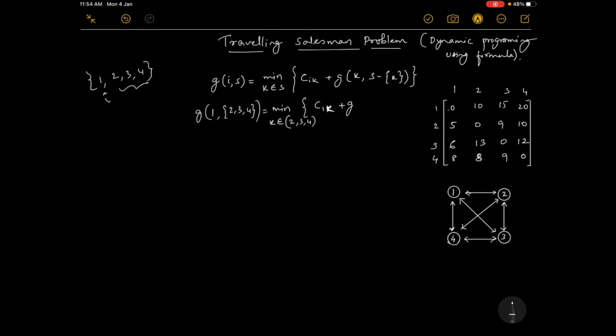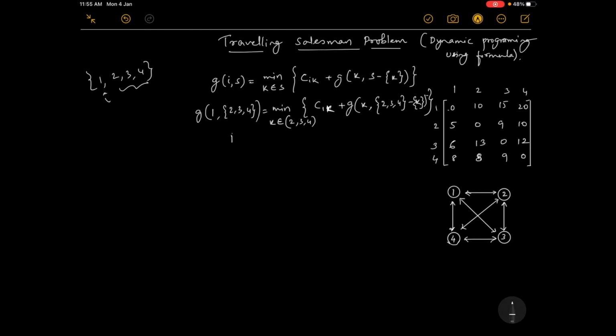Plus again it is a cost function. G is a cost function, correct? And K may be anything, comma, just like how you chose I. Now next time it is K and the left out positions of S. So what are the left out positions of S? 2, 3 and 4 minus the K you have chosen. For example, if K is 2, we'll implement this formula.